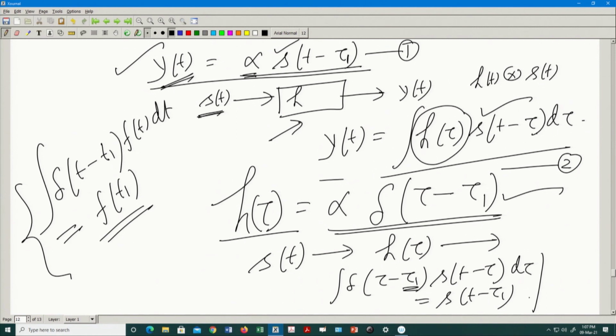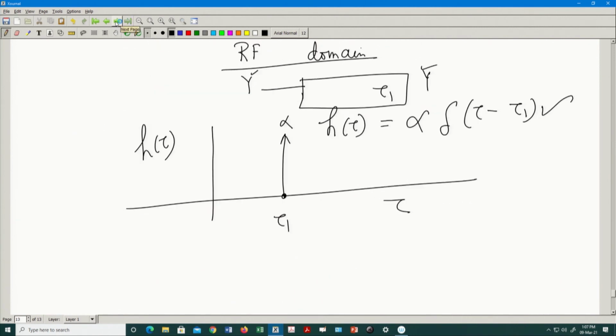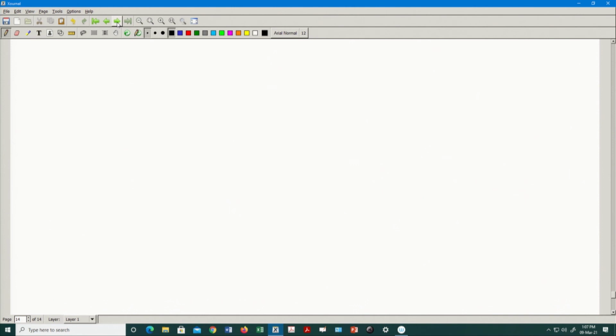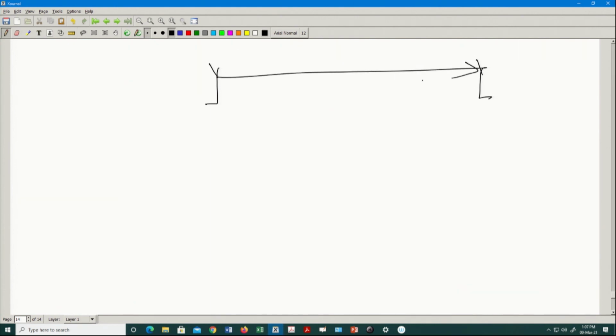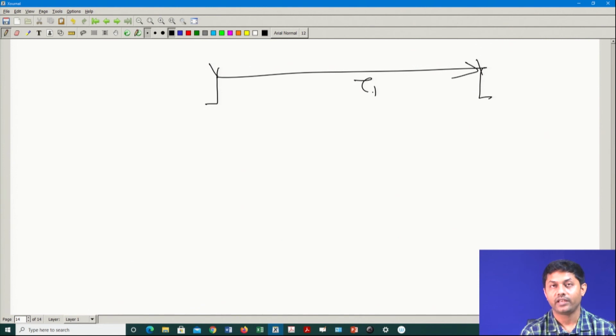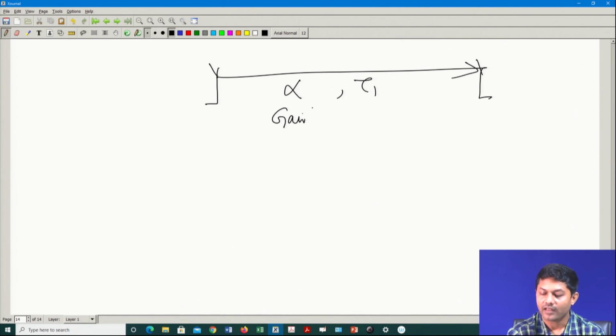Okay. So, in summary, we have just created the first fundamental channel model: if I have an antenna here, a simple antenna, and there is nothing else in the system, the data is received directly here with a delay of tau 1, with a gain of alpha. I call it a gain. Gain does not mean that it will always be positive or more than 1, it can be less than 1 also. So, it is like attenuation. I will call it a gain, and I call it a delay.